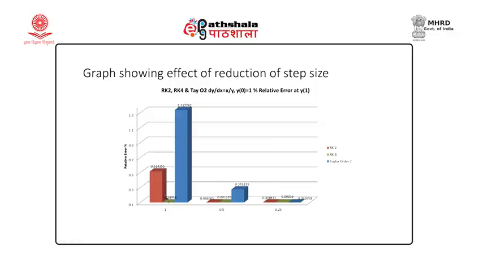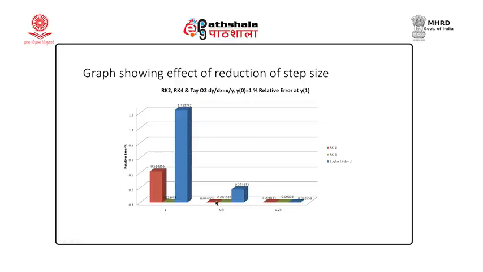So, this is how the chart looks in this case. Because the function is not linear, you are finding the difference between Taylor order 2 and RK2. Taylor order 2 error is much more compared to RK2. So, RK2 is convenient to use, and at the same time the error is also less. Of course, RK4 is giving practically no error in all the cases, 1.5 and 0.25 step size, and this RK2